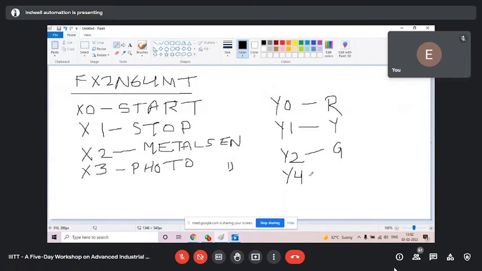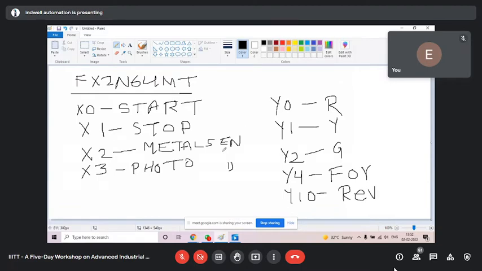It depends on me, it is my choice. You can't ask why Y4 and not Y3. Y10 I have used for reverse direction rotation.